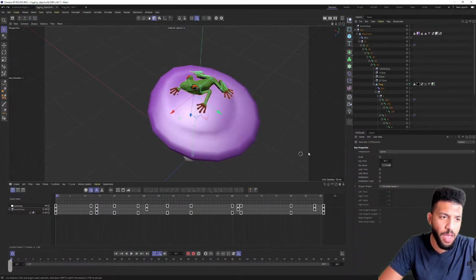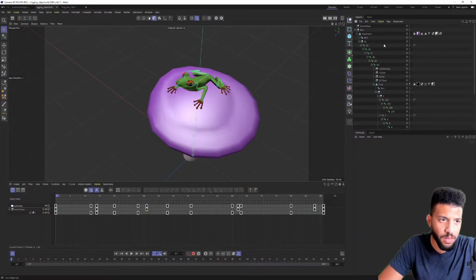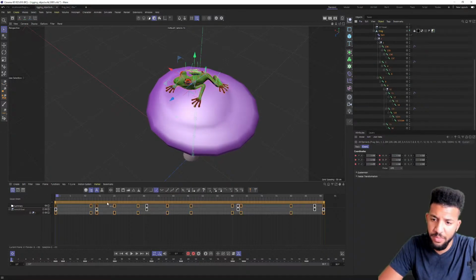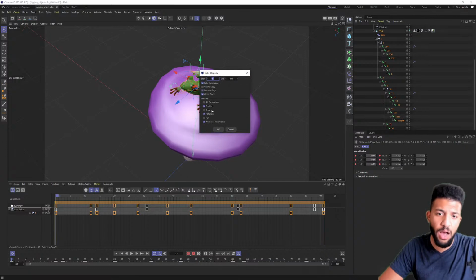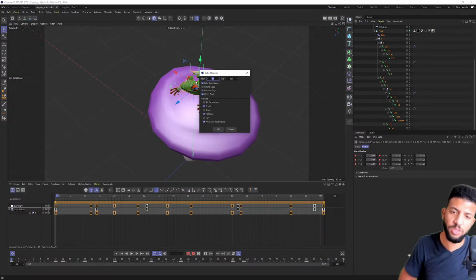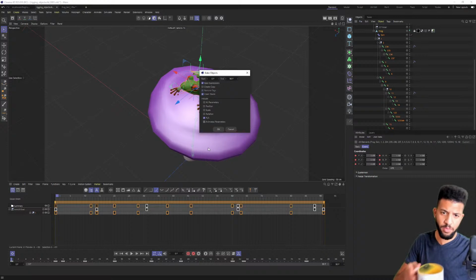So that looks good. And then I'm gonna grab just the frog, all of its keyframes. Go to the beginning, we're gonna go to functions, and then choose bake object. Oh, I see what you mean. So you're saying turn on PLA in this spot, bake that data in. So I'm gonna grab PLA, and then you said select just PLA. Oh, gotcha. So let's turn off position rotation. So now it's just PLA like that. Does that look good to you? Okay, cool. So we're just gonna bake that PLA data,